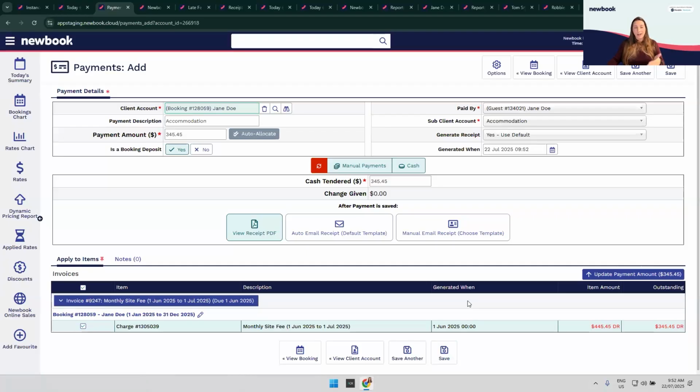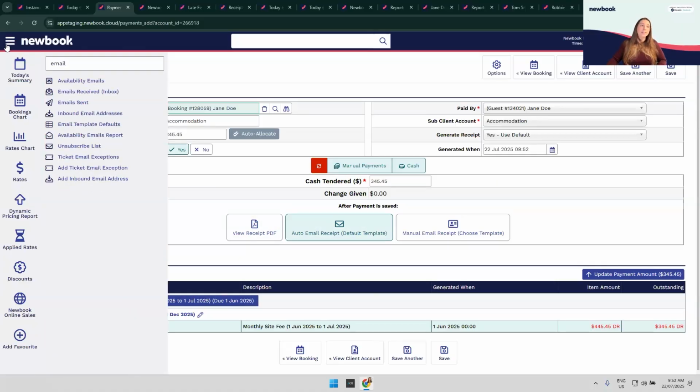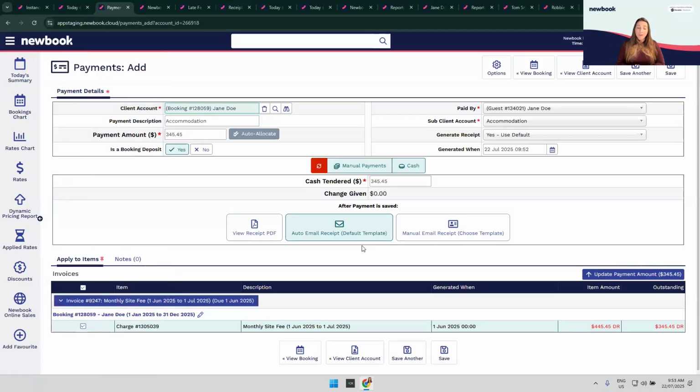to add a contact, grabbing that receipt to let them know that has been paid, this little button here means that if you click it and click save, it will automatically save your payment and also send an email of your receipt to your guests using your receipt attached template. You can even adjust which template is going to go out using your email template defaults. And that will just pull through nicely so that that guest does have a copy of a receipt and does know that they have paid it. So once again, really quick, really easy to get those receipts to your guests when they have made those